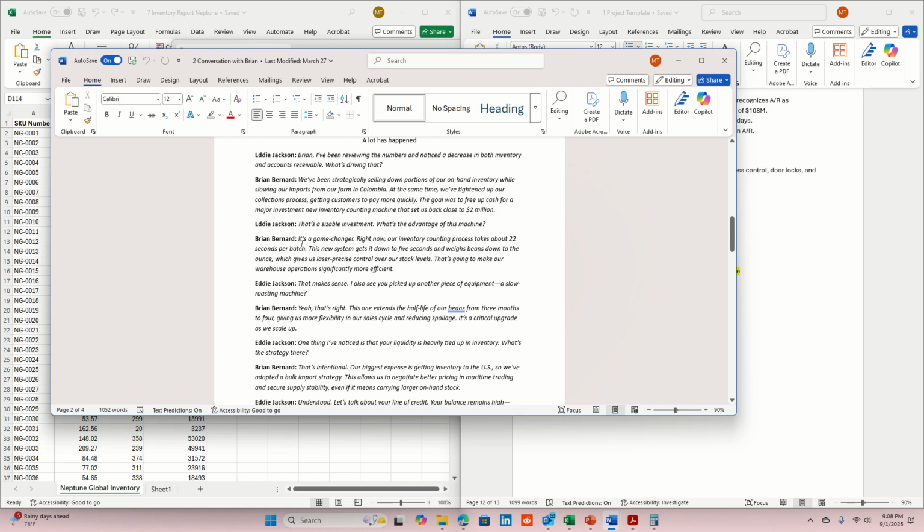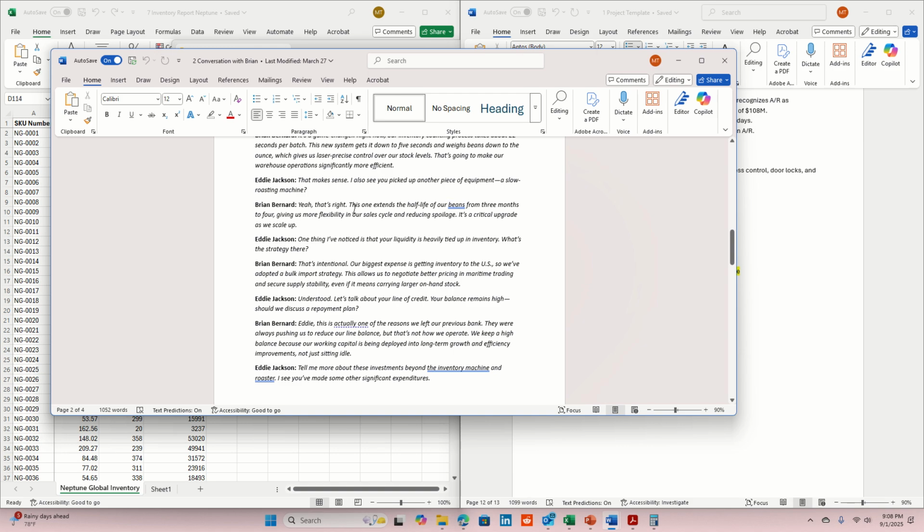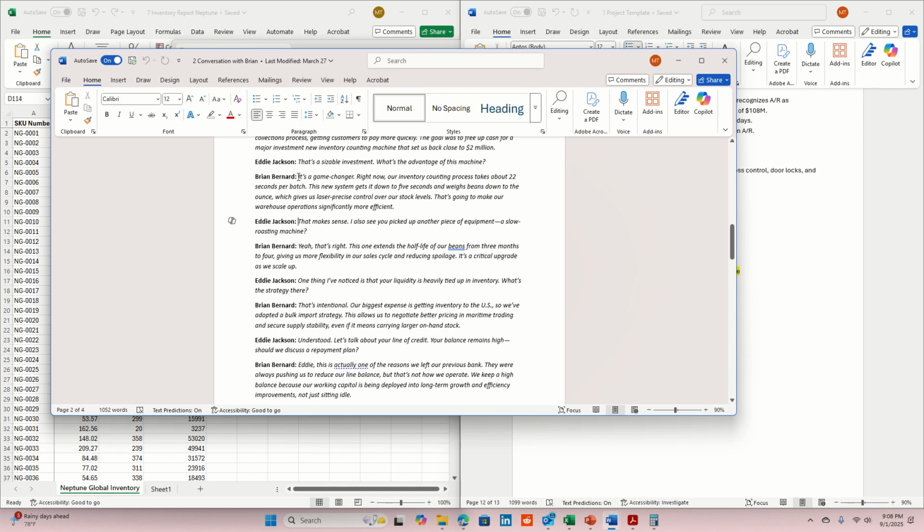Oh, here we go. It's a game changer. Seconds batch. Warehouse more efficient. Oh, this one. Yep, here we go. Right here. Okay, Brian Bernard says it's a game changer right now. This new system gets us down to 5 seconds and weighs the beans down an ounce. Okay, so they found a way to get a more accurate measure of beans, which will be a great addition